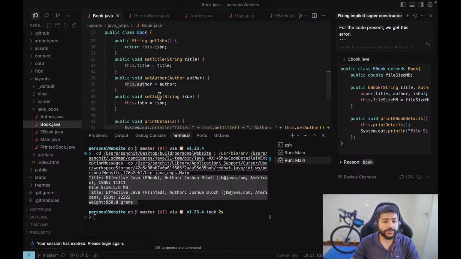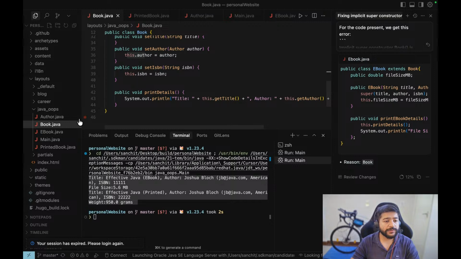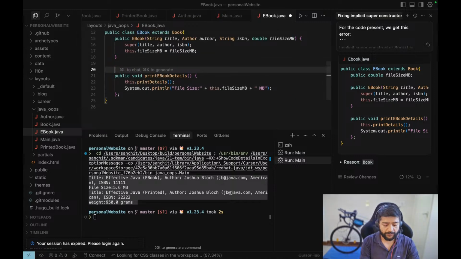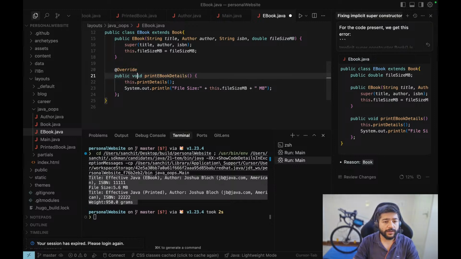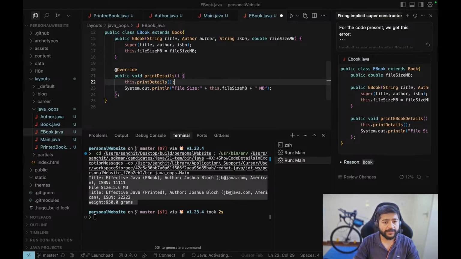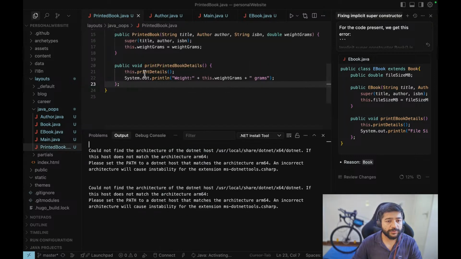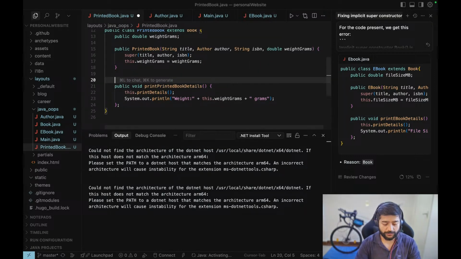Okay, so what we will do here, book is fine. Ebook, we will do an override and we will call it print details, and this will be super.printDetails, which will essentially tell that you have to call the print details method of the book class, not the ebook class, right? Going to the printed book, doing the same thing here,